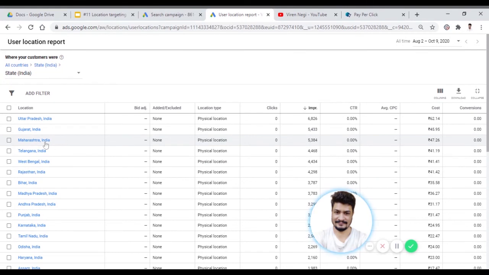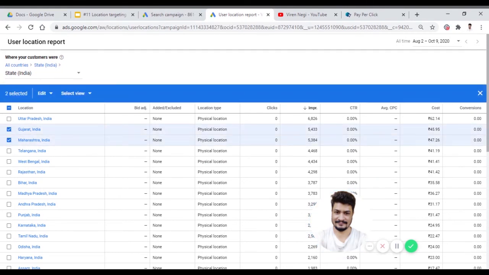So let's say I'm getting good conversions from Gujarat or maybe Maharashtra. These are two locations which are converting for me, and I'm running ads all over India. Maybe you're running ads in a particular city, so then you can sort it by pin code or area. It's up to you how you want to narrow down the location. Now these are the two locations I'm getting leads from, and they are converting very well. So what you can do is some bid adjustment. Okay, so what is bid adjustment?